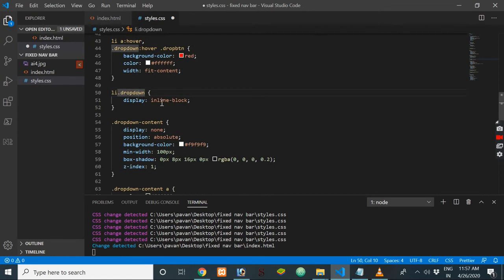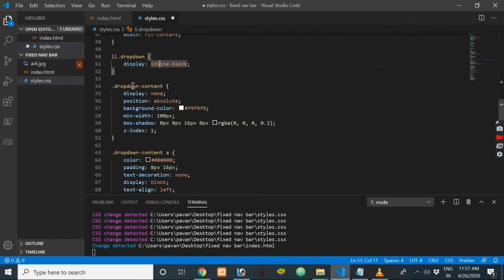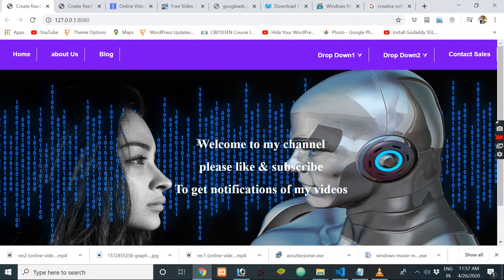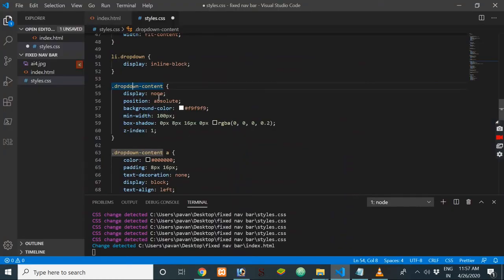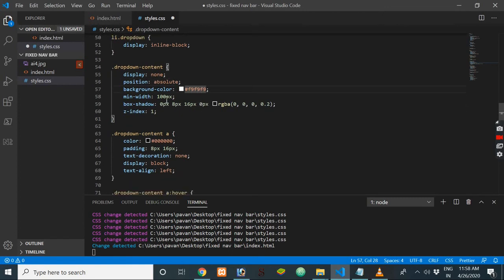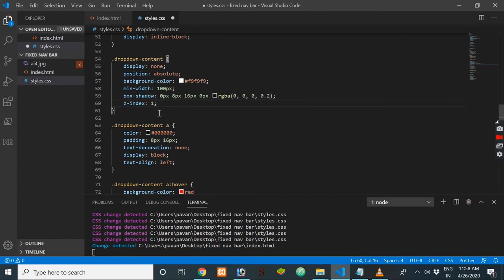Next, like drop down, this will be inline block, and drop down content. This CSS is for this one, where the display is none, position is absolute. If we place position as fixed, the content will be fixed in that particular position, so I have taken it as absolute, and background color will be white for content, maximum width, and box shadow, z-index value, and this content is for